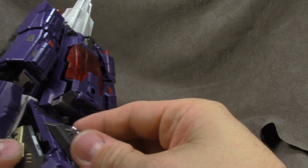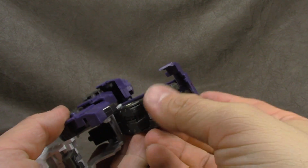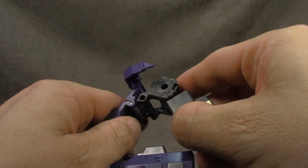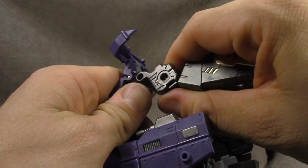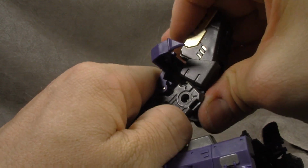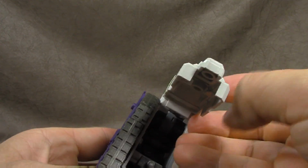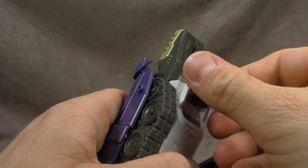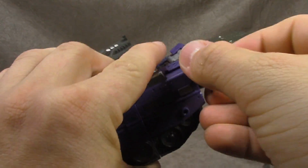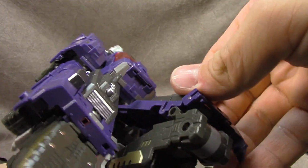Alright, take the opportunity now to spin this around, to put it back the way you had it, and then this has got to rotate up, back in the way it was in robot mode, so that hinge is up at the top, and then the foot is all the way down. And then this time you can just close it, which is a nice little touch. Alright. Same for the other side. And that will close. Open, open, spin,